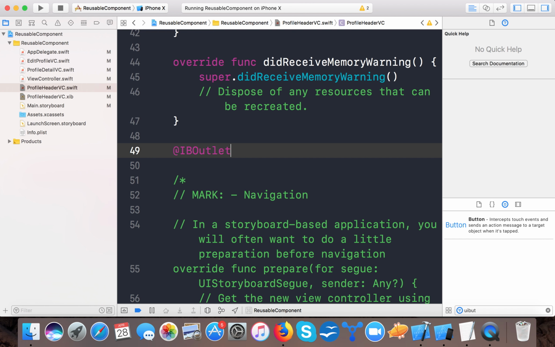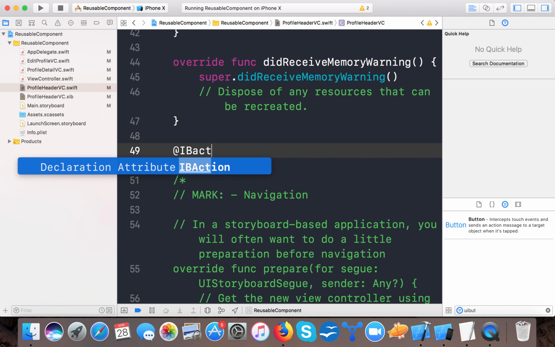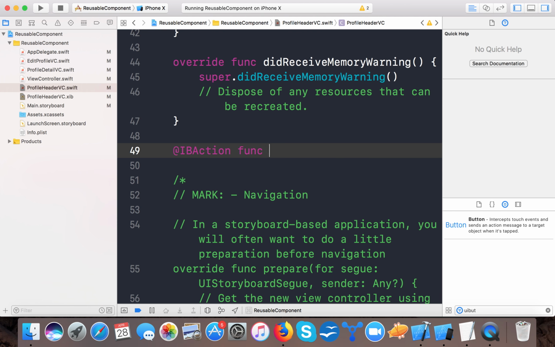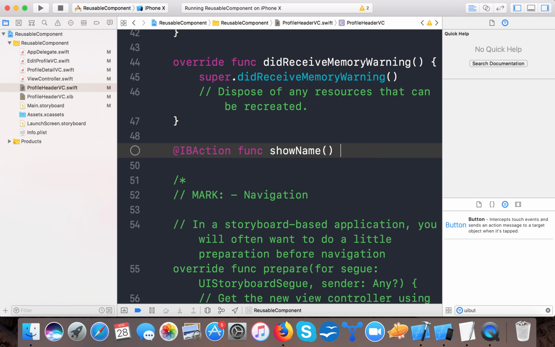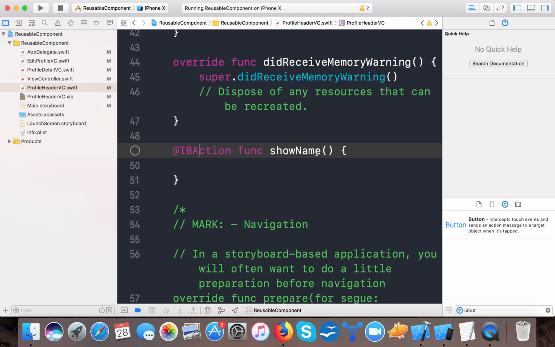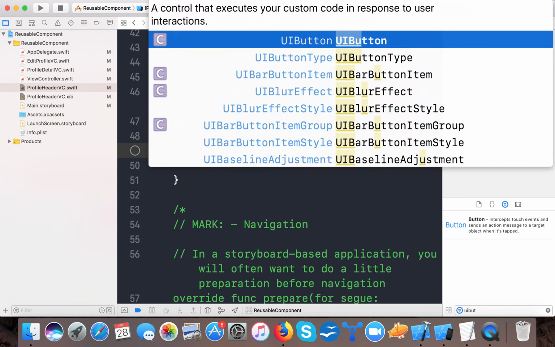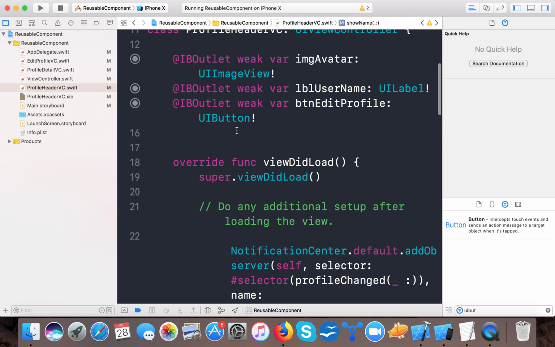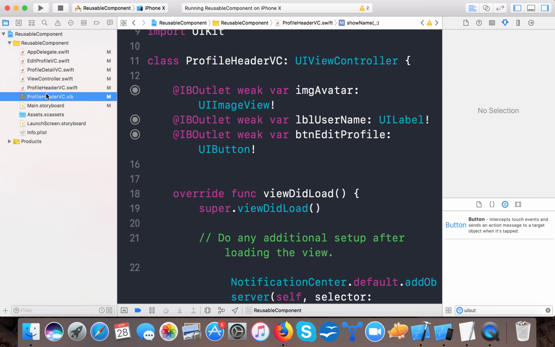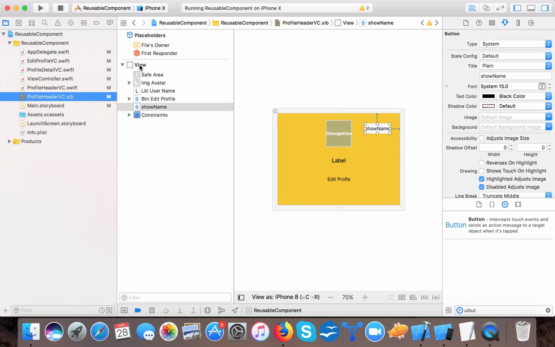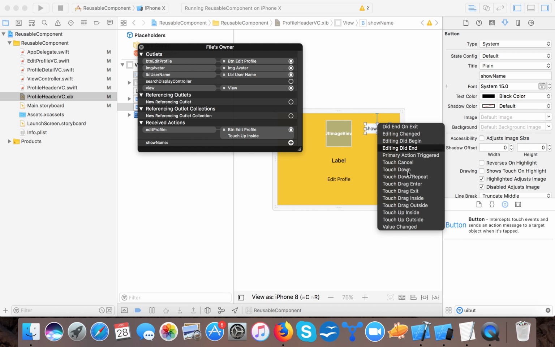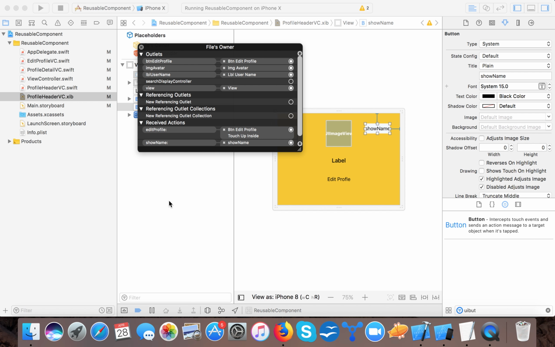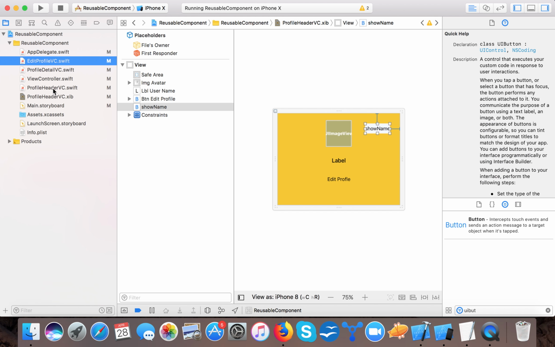Create an IBAction function showName, and here we can pass the sender of type UIButton. Okay, now in order to do this, let us connect first. Here we go, show name, and showName is connected to touch up inside,